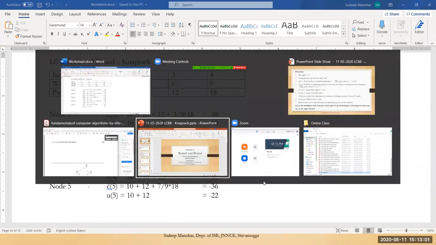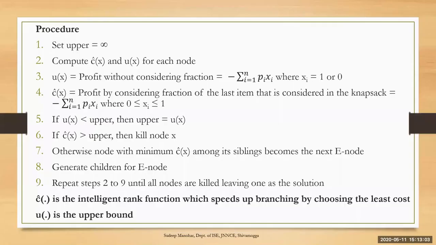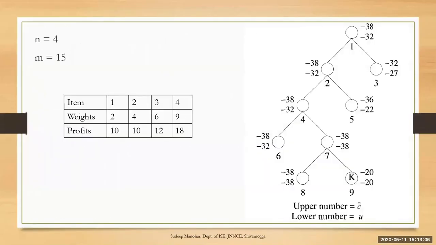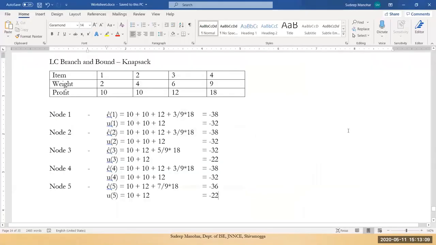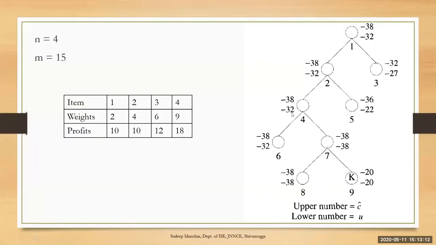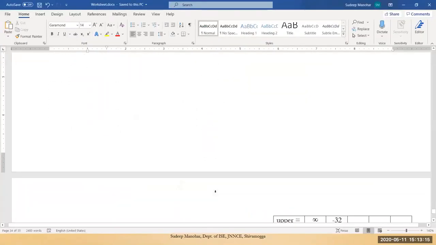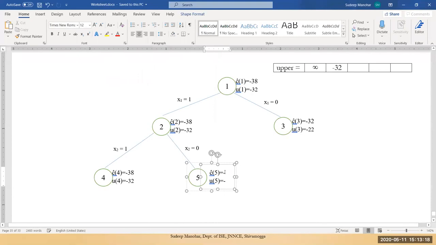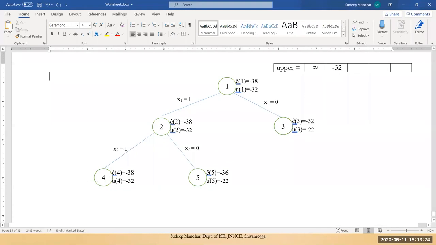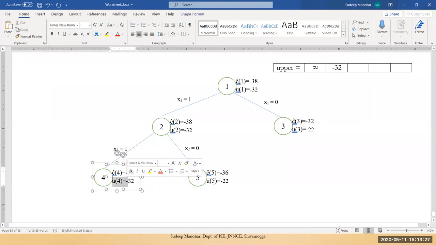We check it once. Minus 22. Yes, 36 minus 22, 38 and 32. Yes, we got the right answer. Next. Now we have completed these two. Now once again check this u, which is minimum. 32 is minimum. Compare this u whether u of x is lesser than upper. 32, here also 32. So there is no change in that, it is not lesser.